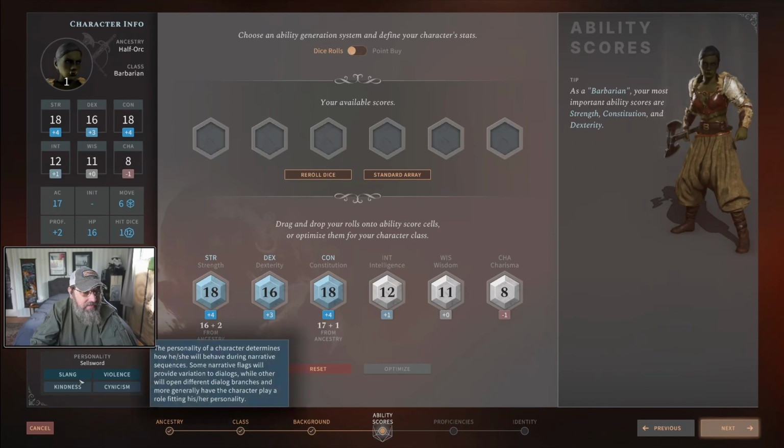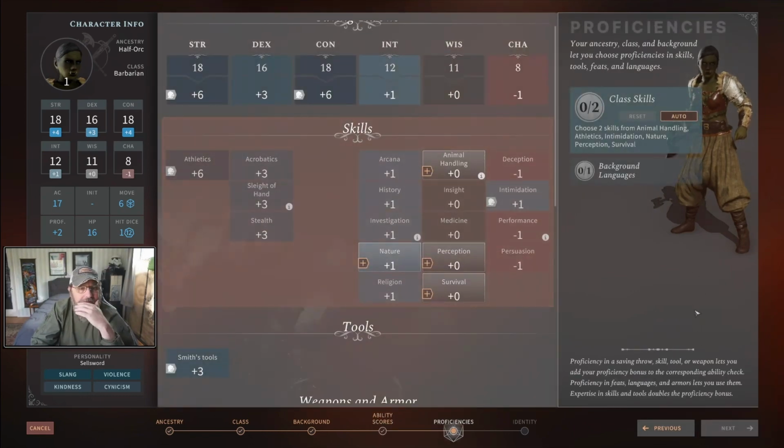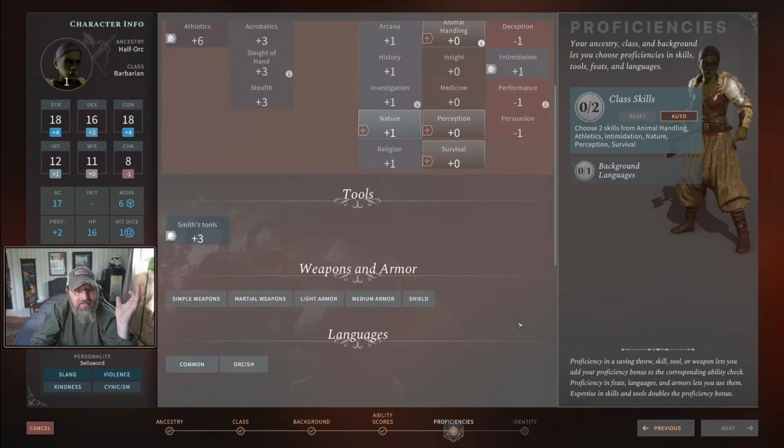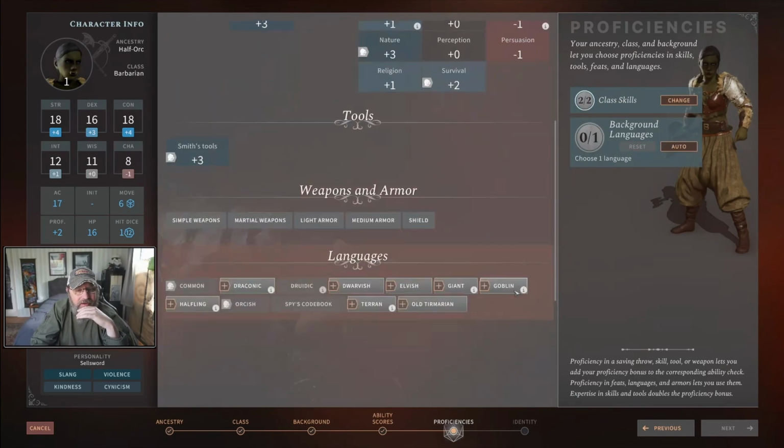We're going to get slang, violence, cynicism, and kindness from our sellsword. Yep. Hit go. All right. Class skills. So we can go nature, perception, survival, and animal handling. Now, I know it doesn't make sense to like double down too many skills. Like you want to have as many different skills as possible, but I'm kind of thinking nature and survival again, playing that